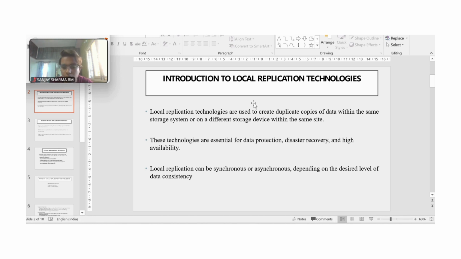Local replication can be synchronized or asynchronized depending on the desired level of data consistency. So it can be synchronized or asynchronized, and it depends on the data consistency. Next, we will see